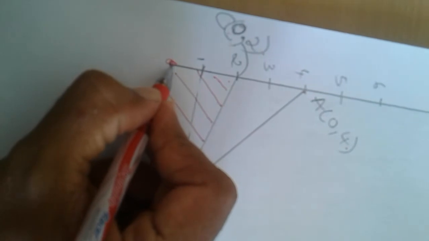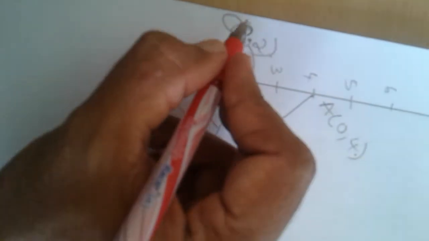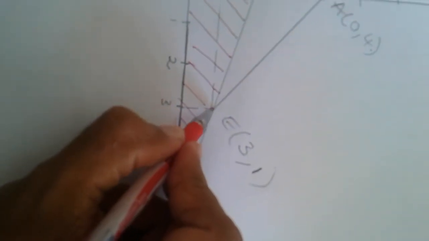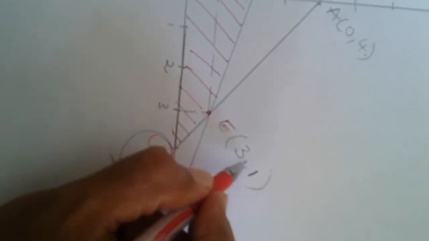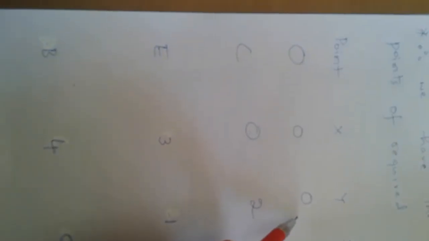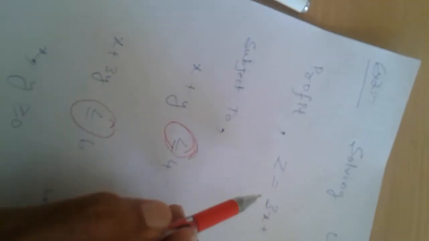Now the border of the required area is 0, C, which is written here. Next E, which is written here, and next one is B, which is 4, 0. With these boundary points 0, C, E and B, we write the x and y values, and next the z equation given in the problem. I'm just going back to the question statement. Z was equal to 3x plus 5y, which is nothing but the profit.